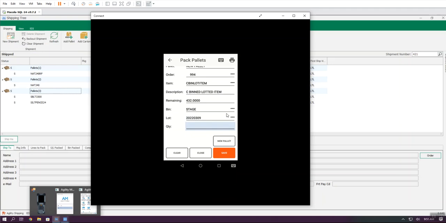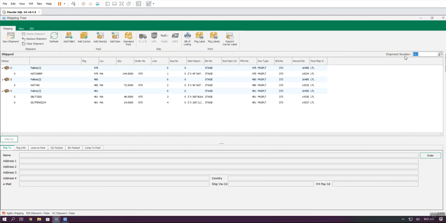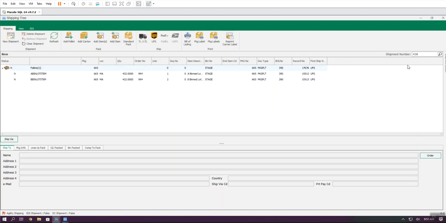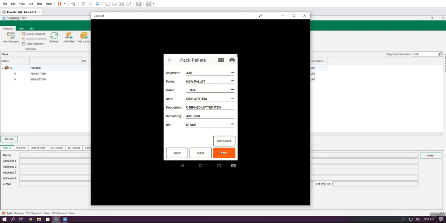And the quantity. Now before I hit enter, let's come back to the picking and packing screen. And I'm going to be looking at 438. So if you are the shipping manager and you're building this shipment, you can see that I have one pallet fully built with 2 items. I haven't hit the enter key yet back on the scan gun, but when I hit enter right here and save this pallet,